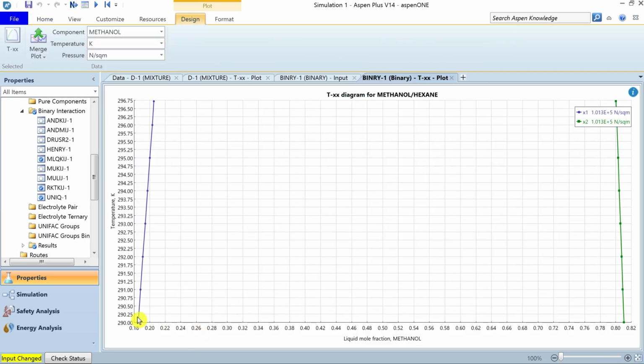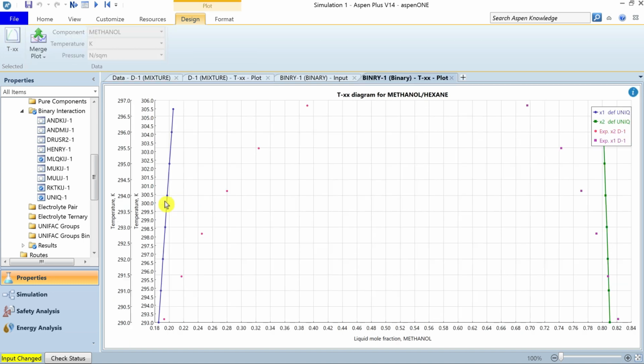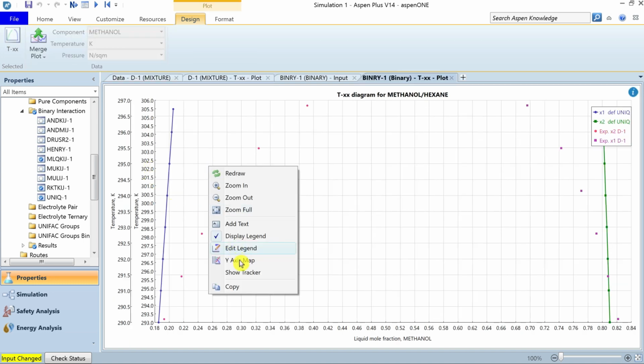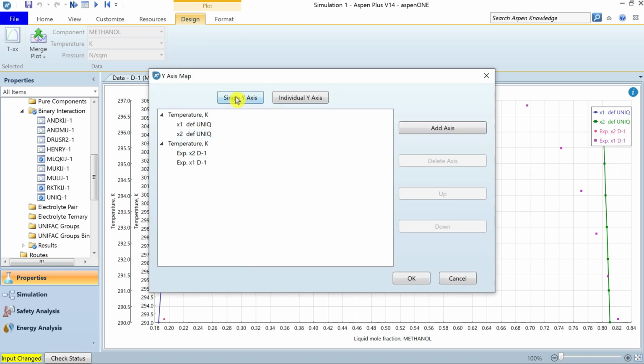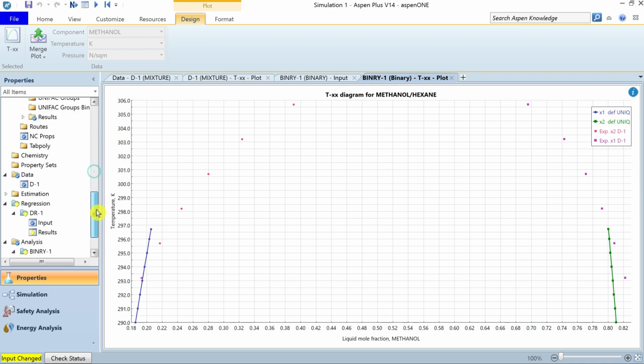So you can notice that the binary analysis is performed between 290 and 296 Kelvin. At this moment we can merge this chart with the experimental chart. Let's change the scale to match with the experimental data. So you can notice that there is a discrepancy between experimental data and the analyzed TXX plot. Now we can go back to the regression